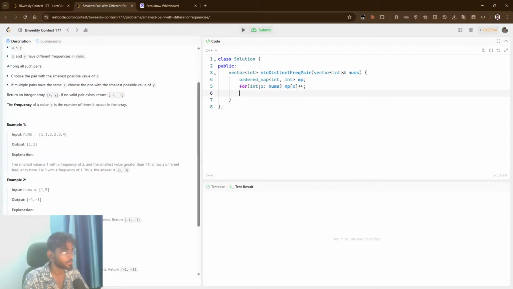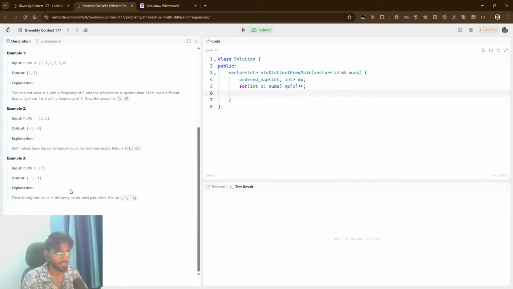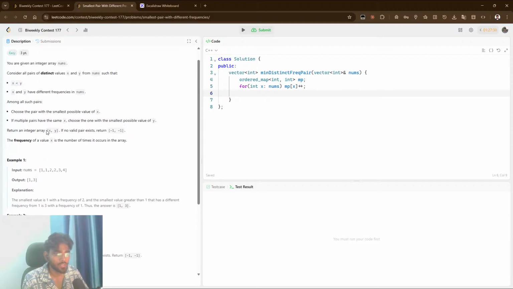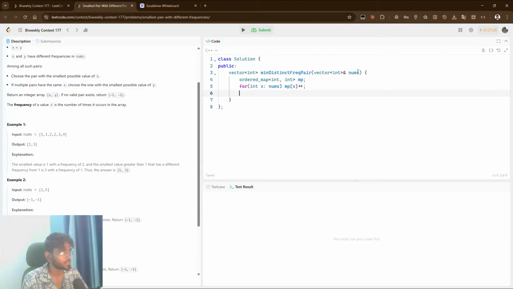So what we are doing is we are just calculating the frequency, right? So we'll get the smallest x. So the answer is what? In a vector, or maybe int for first equals... no, just vector. Oh my god, why am I panicking? Oh my god, int ans and then